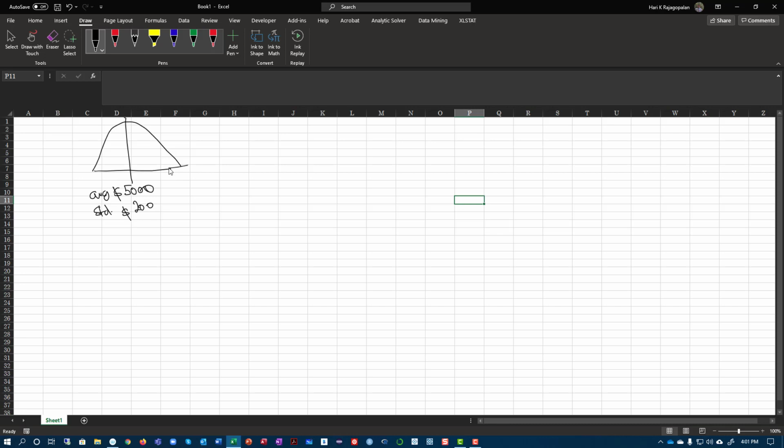And now somebody comes to you and says, tell me what's the probability that somebody can get 5,400 or less. So essentially they are asking you for this area here, saying what is this out of this entire bell curve, and I know this is not like a bell, but assume this is like a bell, what's the probability you are going to get 5,400 or less?